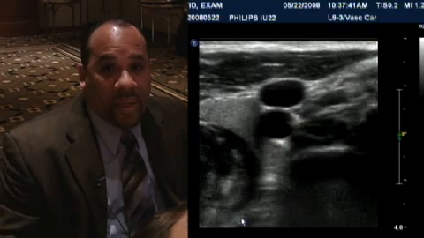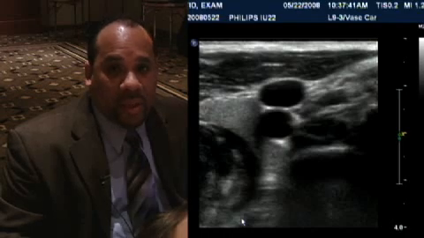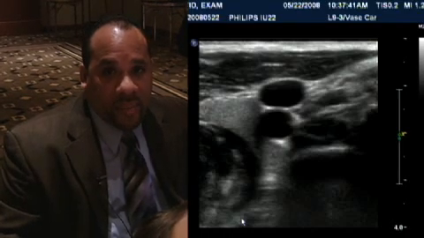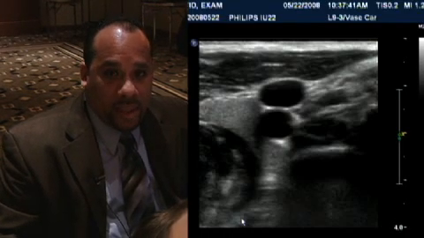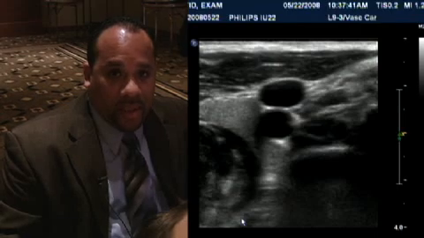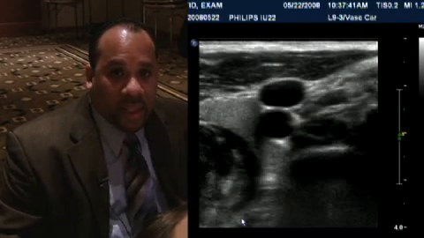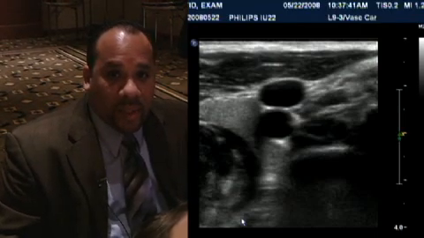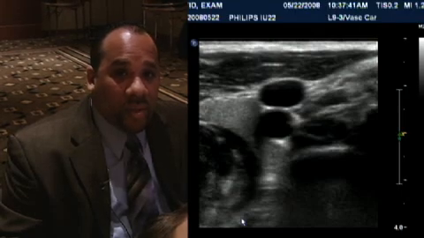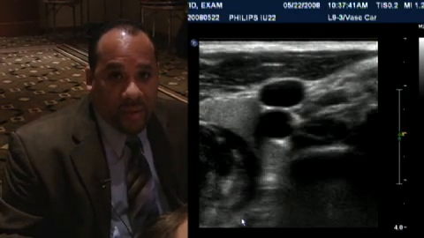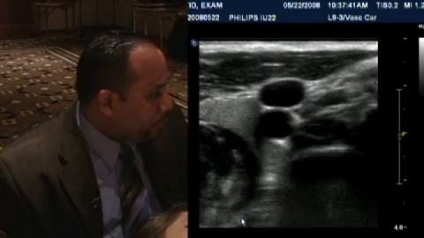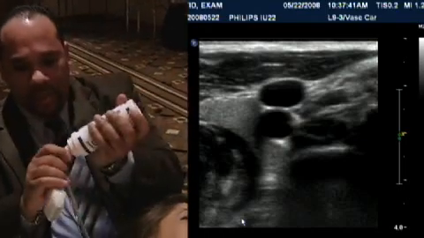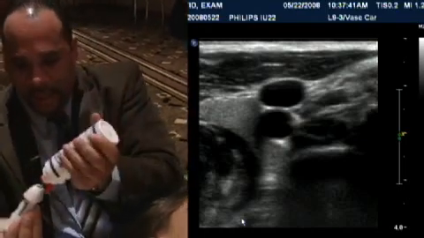Keep in mind that every examination should be bilateral and include examination of the common carotid, the carotid bifurcation, the internal and external carotid arteries, as well as the vertebral artery. Now, in some cases, you may also want to evaluate the subclavian arteries, and I'll show you how to do that right now. Just put a little bit of gel on the transducer and take a quick look at the